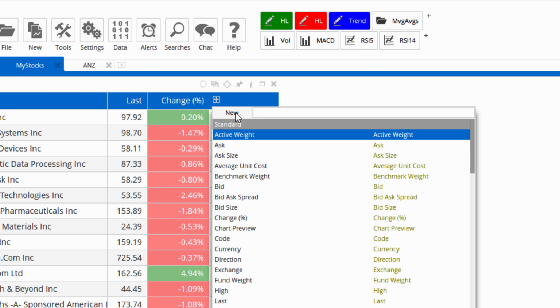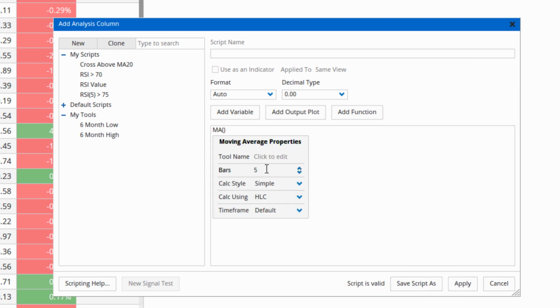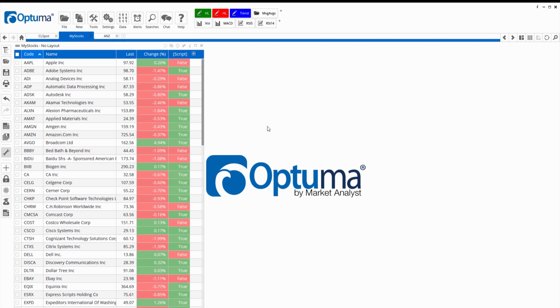So let's add a column here to this watch list. So I'm going to click the plus button on the watch list there, select new script column. So let's say I want to know if my moving average is sloping up, so in a positive trend. So I'm going to type MA for moving average, bars, I'm going to do a 50 simple based on the close. And I'm simply going to type is up, and you can see the options there, is up, is down, or is the same. I'm going to select is up, and that's it. That's all you have to type. And so you can quickly see there in that true false column